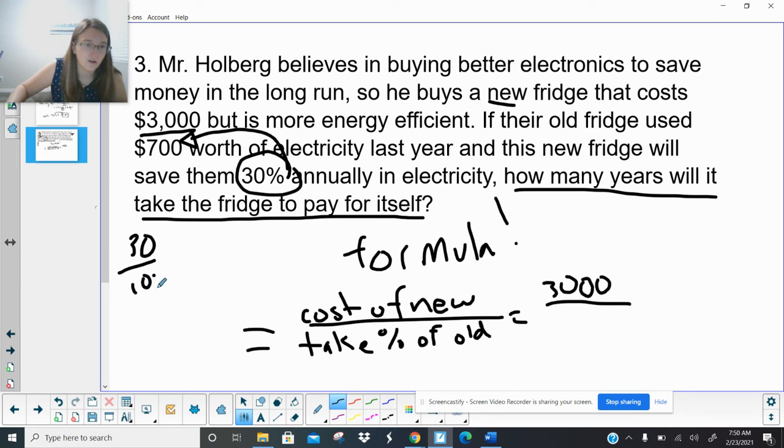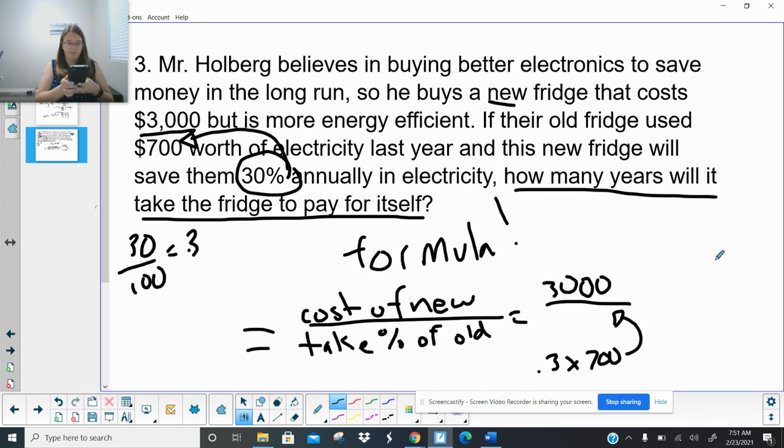30 divided by 100 is 0.3. Of means to multiply. So on the bottom, we need 0.3 times 700. This 30% of 700 is 210. So 3,000 divided by 210. So this is